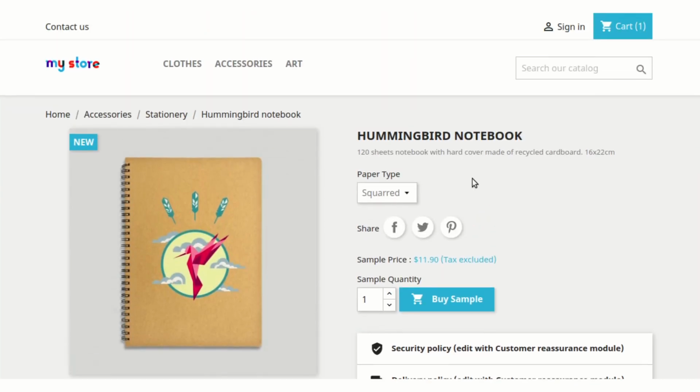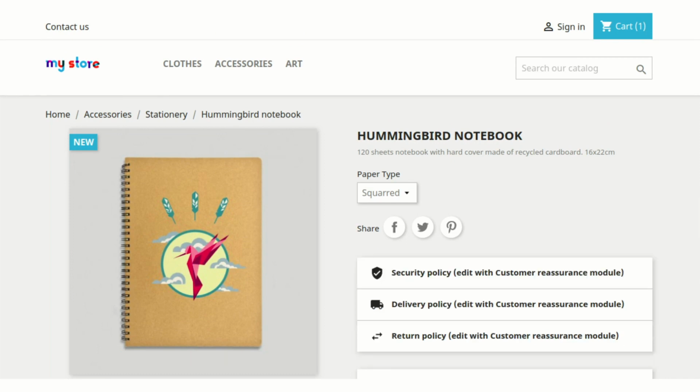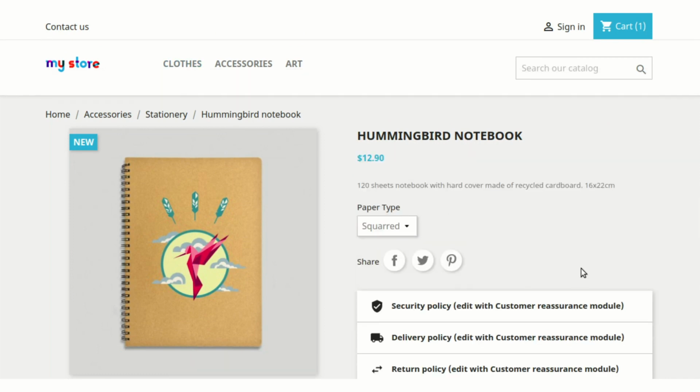As you can see, the buy sample button is still available on the product page, but let's refresh this page, and as you can see, the add to cart button and the option to buy a sample product are also not available on the shop.